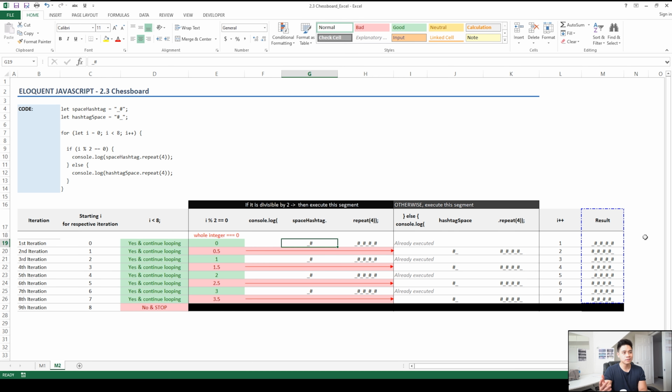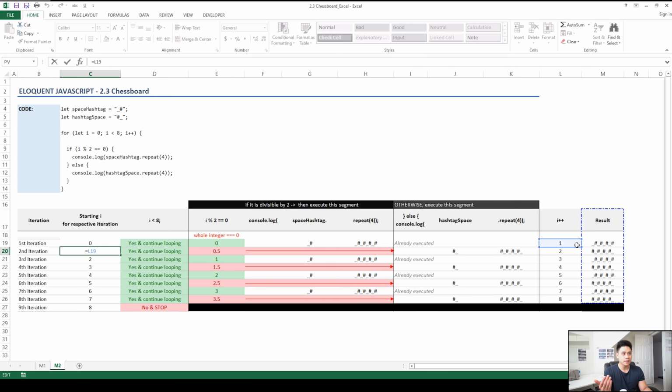Right now on the screen it shows underscore, but it's kind of hard to see a space, so that's why I just put hashtag to show where the space should be. So after this iteration is completed, the last portion of the for syntax is i++. This here is just taking our starting i value and increasing it by 1. So let's move on to the second line. In our second line, now i has increased to 1, and the starting value of i in the second iteration is just the ending value